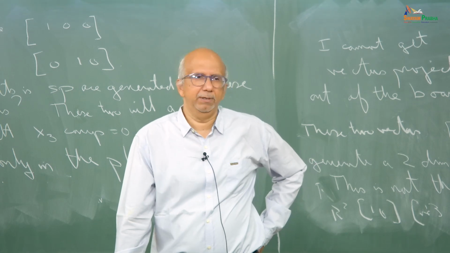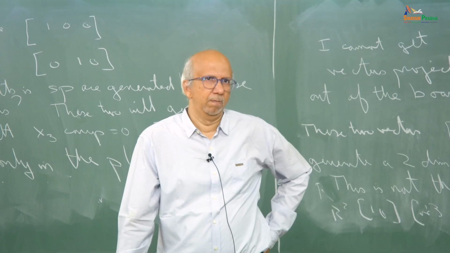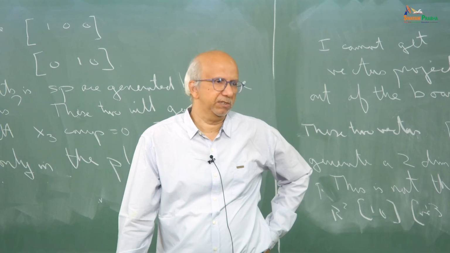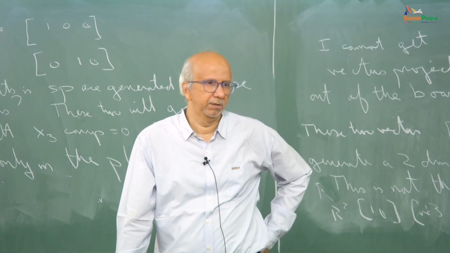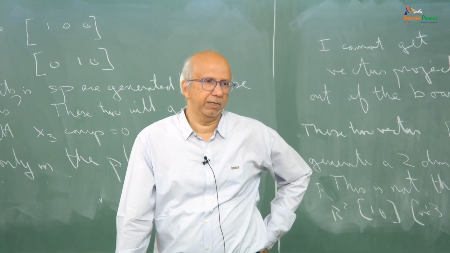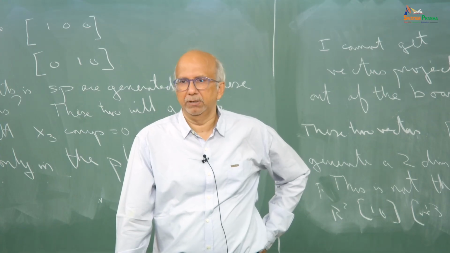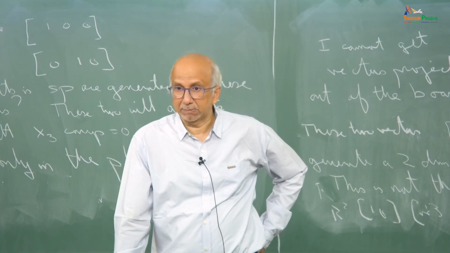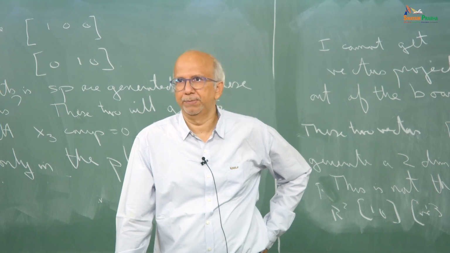So, I mean just because I give you 3 vectors, and ask you what is the dimension of the space generated by it, you have to find out how many independent vectors are there. If there are only 2 independent vectors or only 1 independent vector, then it will generate a 2-dimensional subspace or a 1-dimensional subspace, okay. So, I mean you have to do that. So, let us stop